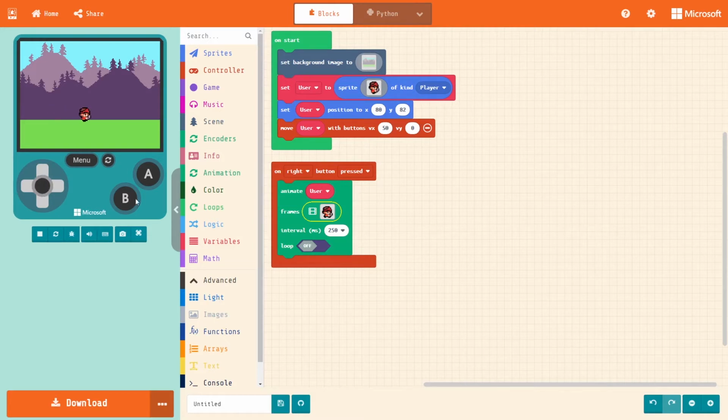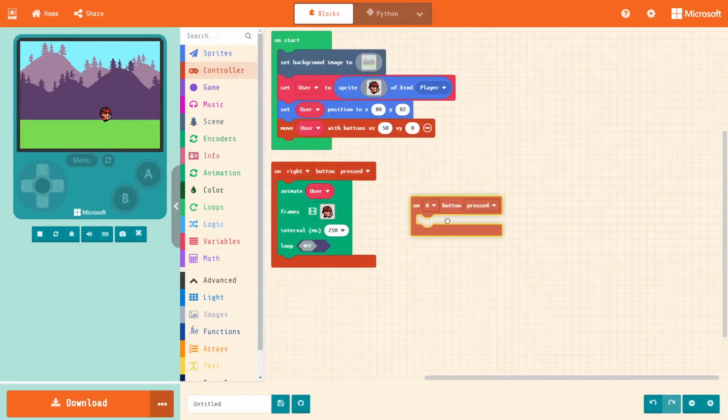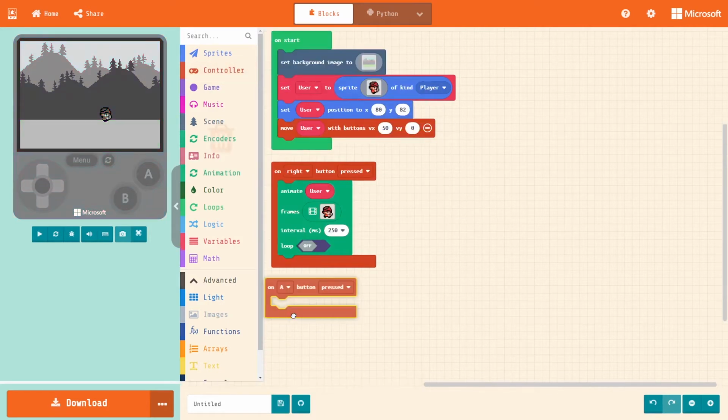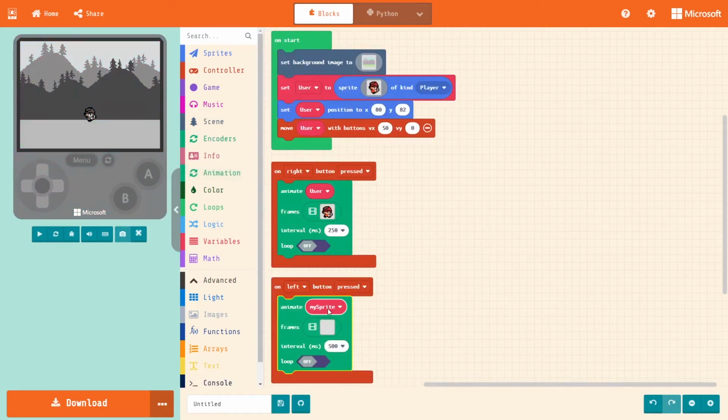So to fix that, I am going to add the code for the left button. Bring out this, change the A to the left, pressed, keep that the same. Go to animation, animate my sprite. Alright, user,